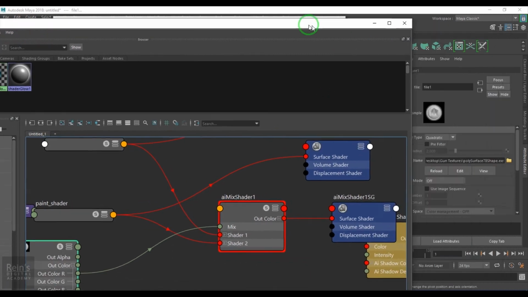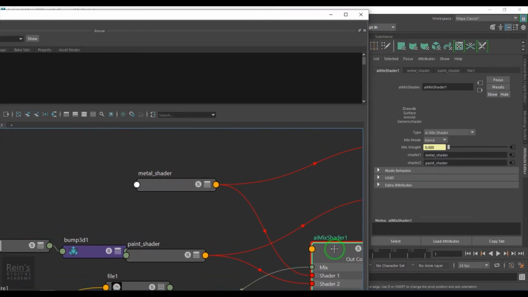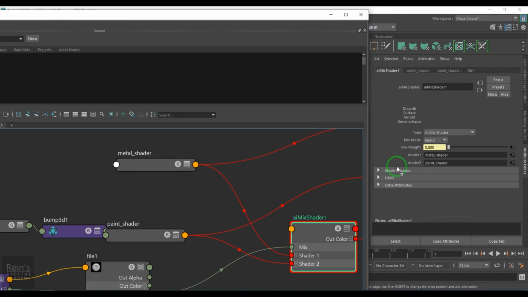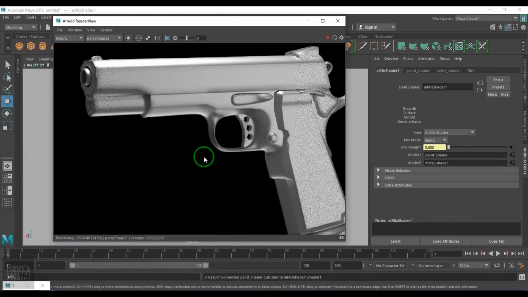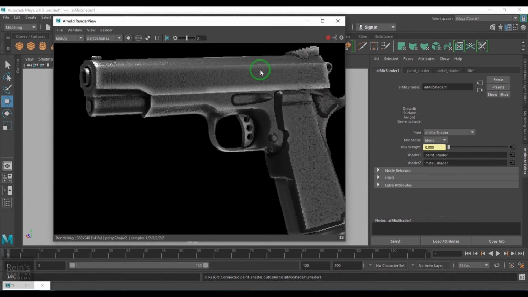Now let's render it. So it's converting into the TX, and then you get it. Now if you see, the paint is only on the edges in the red channel.